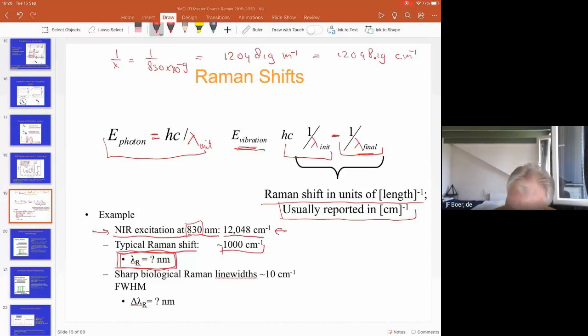And so that leaves us with 11,048 inverse centimeter as energy for the emitted photon. And so we know that 11,048.00 meter to the power minus 1 is equal to 1 over lambda R. And that gives us then for lambda R